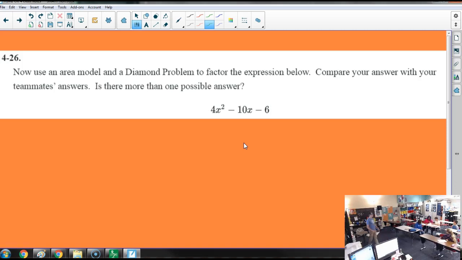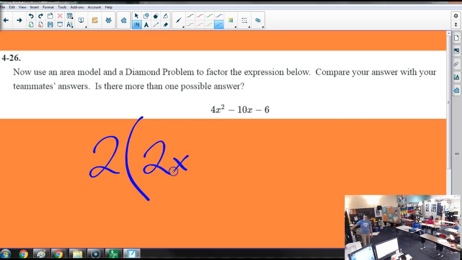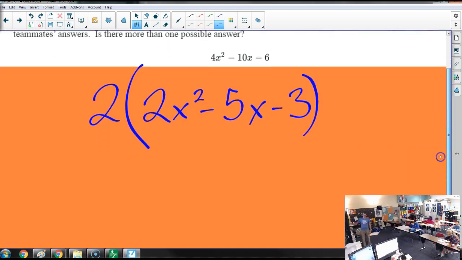Alright, now, I like you guys, and we're running out of class time. So CPM would say, use the diamond method to factor, da da da da da. And I'm going to skip over all the Charlie Brown, wah, wah, wah, wah, wah. What do you notice about 4, 10, and 6? They can all be factored by 2. So the first thing I'm going to do here is factor by 2. Now, if we go to think through this,